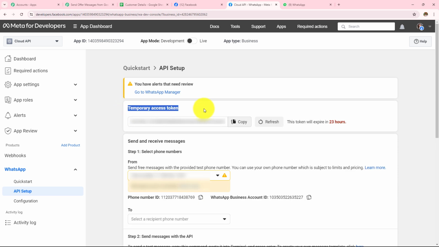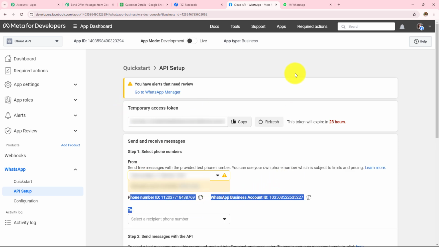So here I am provided with temporary access token, phone number ID, WhatsApp business account ID. This is the temporary access token which will expire after 24 hours. But don't worry, you can create permanent access token too, video of which I have mentioned in the I button. If you don't know how to generate permanent access token, I will mention the tutorial video in the I button. And by following those steps, you can generate permanent access token, which will help you keep connection as long as you want. So let's copy temporary access token